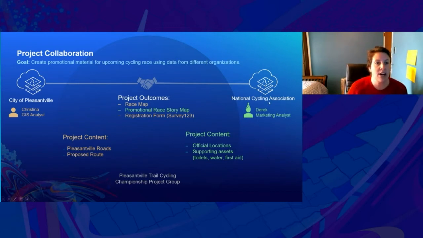As you can see in the diagram, I have a formal partnered collaboration set up, which has already been set up by my administrator. We've already identified that these two organizations want to work together with some additional capabilities that come with partnered collaboration. They also have their own data. Derek's got some information about official locations, also supporting assets like where they are going to put toilets or water stations or first aid sites that the National Cycling Association